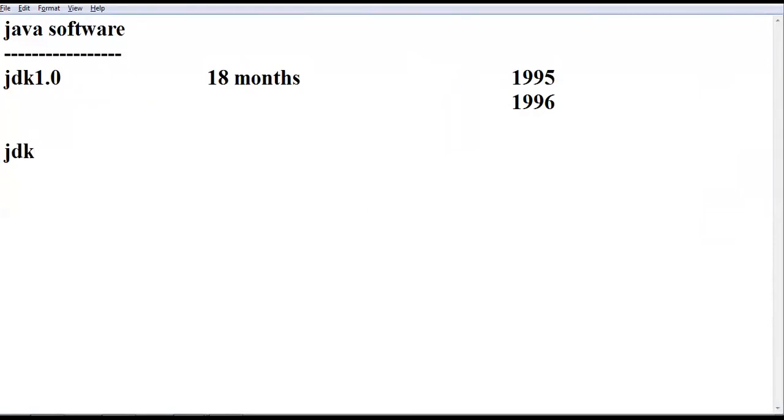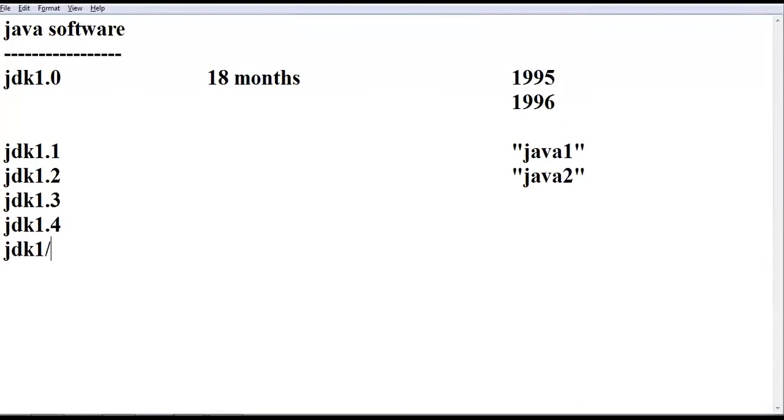JDK 1.0, JDK 1.1, which is also called Java 1, JDK 1.2, which we call Java 2, JDK 1.3, JDK 1.4, JDK 1.5.